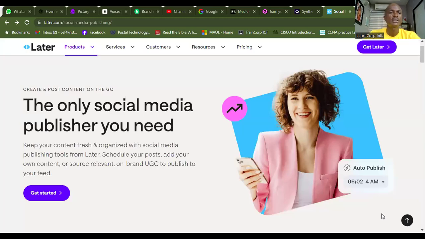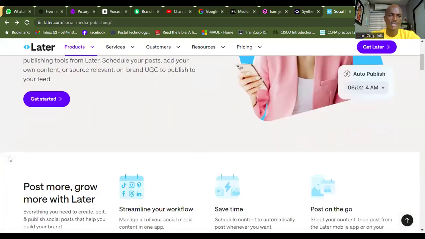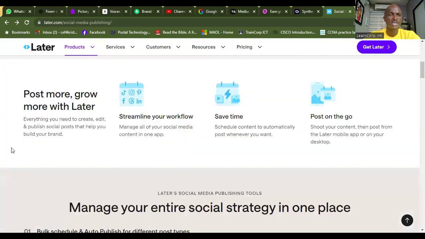Okay, so we have later.com. Now, what this does is it helps you put your item out there at the time you want it, on the platform you want it, and it helps pull out your demography. What does that mean? Let me scroll and then you can see some of the things.